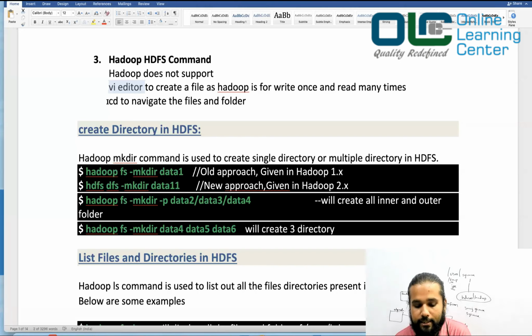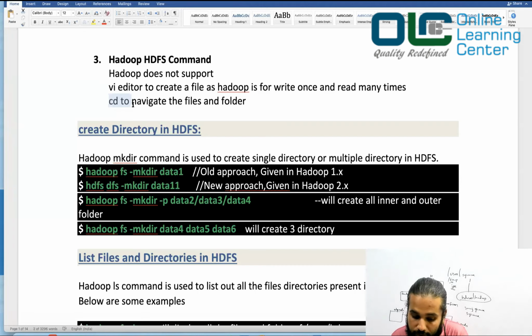And the second thing is cd is not allowed, because this is not a physical file system. When you try to see the file system of Hadoop, it looks like a directory, but it is not a physical directory anywhere, right? All that information is there with your name node. And when you say, give me the data at this location, or put the data in that location, that's just a logical path, and that's really not a physical path.